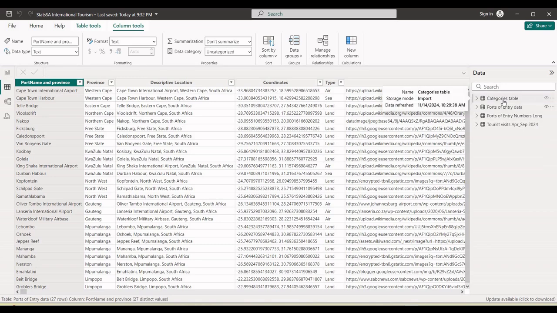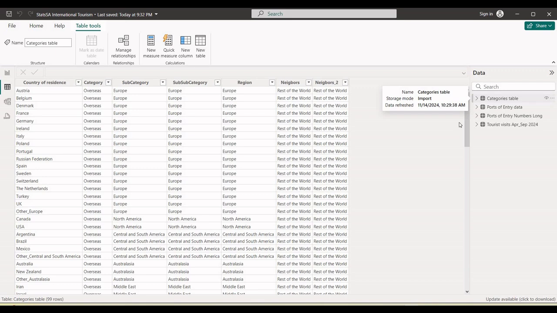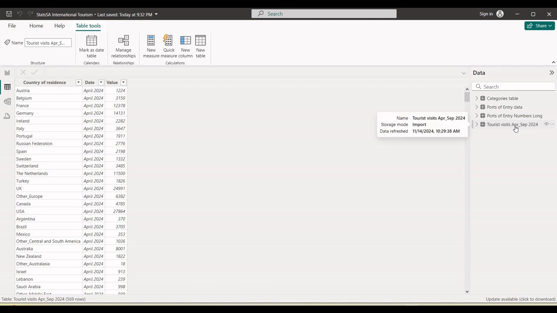Firstly, we have the categories table, which includes the countries of residence as well as categorizations of the countries of residence, mainly via region, and connected to this via the country of residence column, we have the table on tourist visits,